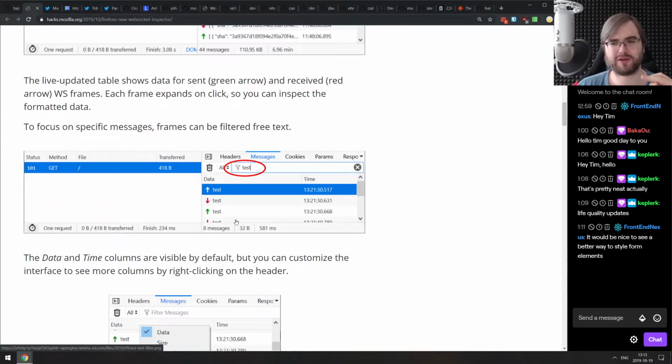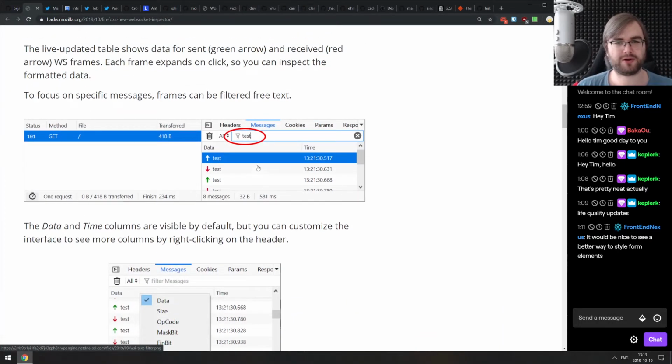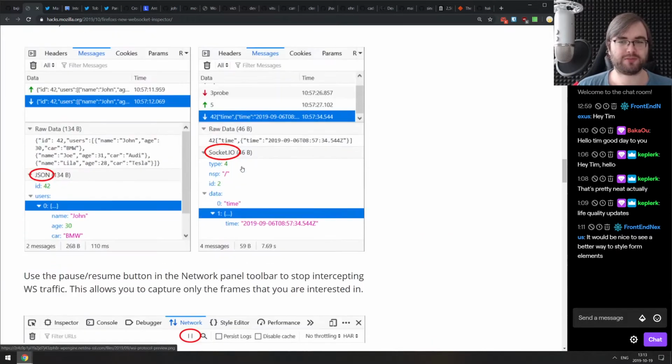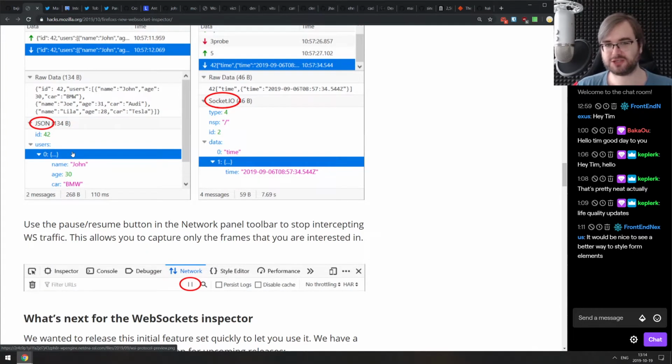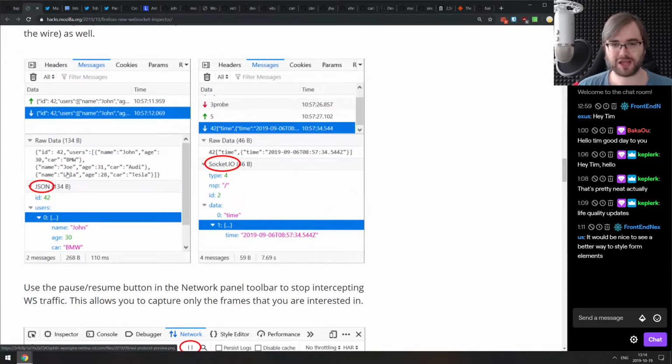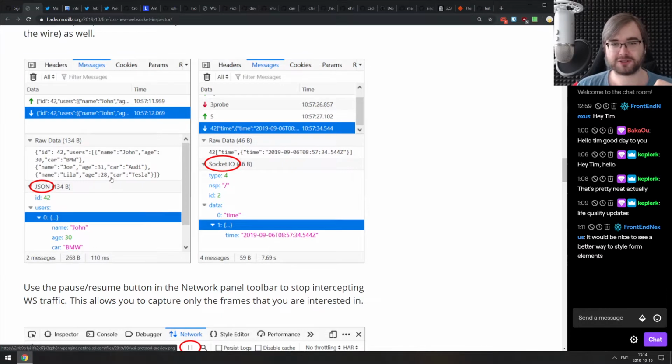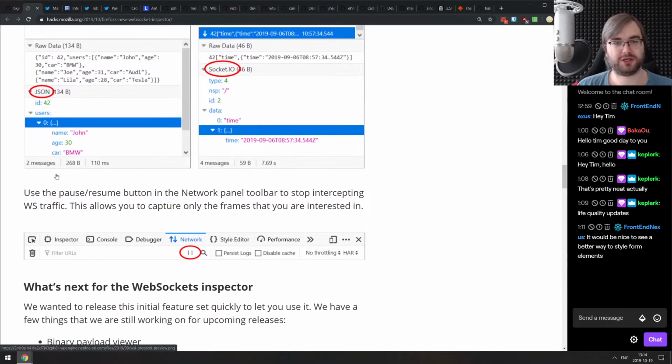I haven't worked with WebSockets for quite some time, but I don't remember that you could search across the WebSocket frames. And I also don't remember that you had the proper JSON representation. So this was one of my pain points with Chrome DevTools. While you could look at the raw WebSocket frames, if you send JSON there, you couldn't actually properly explore it unless you physically copy it, put it into an editor and then format it as JSON, which was annoying. Now, Firefox DevTools actually show you the proper JSON, so you can explore it in place with the whole JSON tree structure and everything, which looks